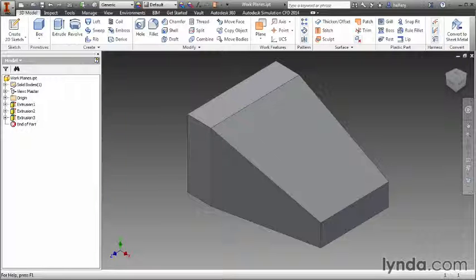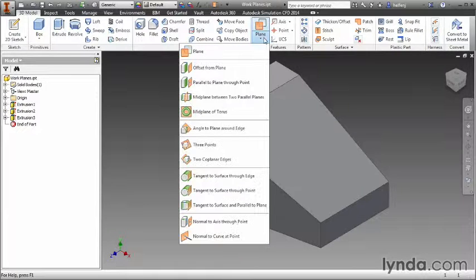In the previous movie, we learned how to create offset work planes. Now we're going to look at some of the other options available beyond just offset. Again, we'll return to the 3D Model tab to the Work Features panel, and we'll look at the work plane option again. And by clicking the bottom half of the button, Inventor will display the entire list of work planes